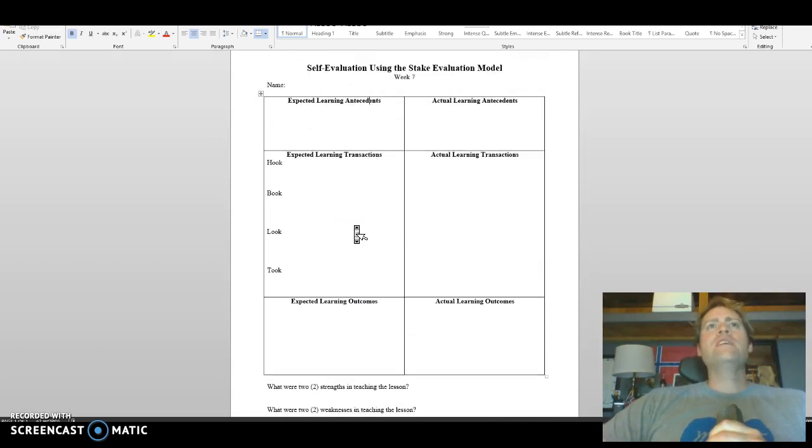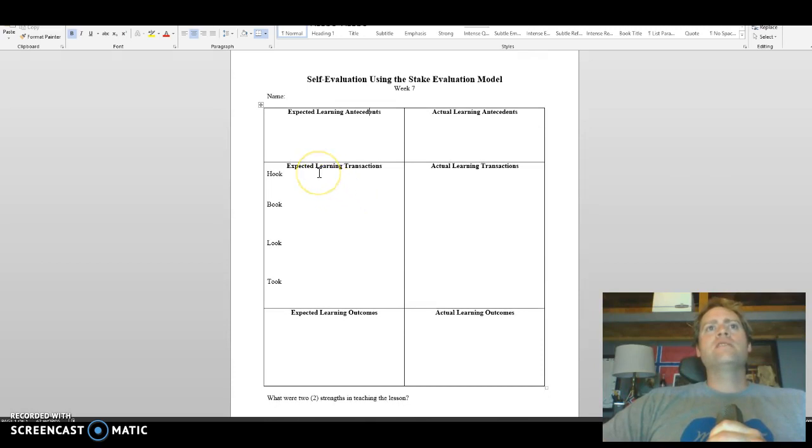So, for instance, if you were like expected learning transaction with the hook, I showed this clip from this movie that was supposed to draw them in and calm them down and give them a nice tie-in to the book of Jonah because it had this beautiful imagery, blah, blah, blah. What actually happened was they just goofed off and started making fun of the movie, and then by the time I got to my book section, they were all loud and crazy. Obviously I'm pretending like you had a bunch of juveniles that you were teaching. Obviously you wouldn't have the same issue if you were doing adults or adult-like people. But the point is